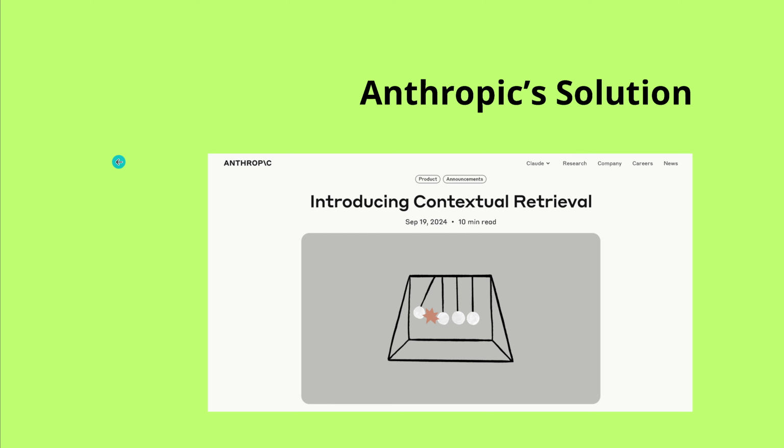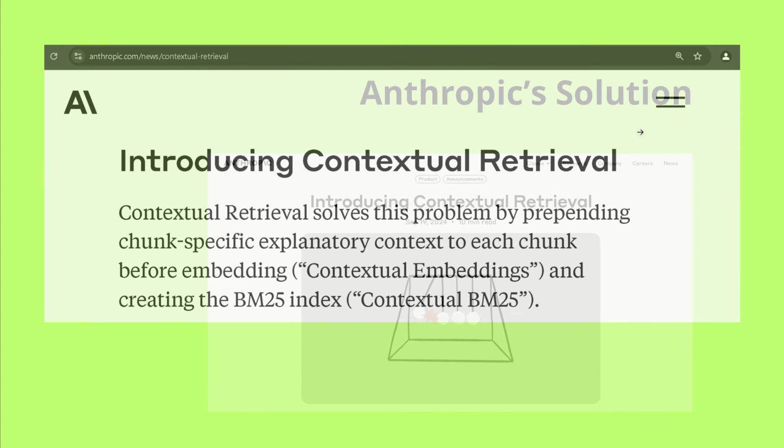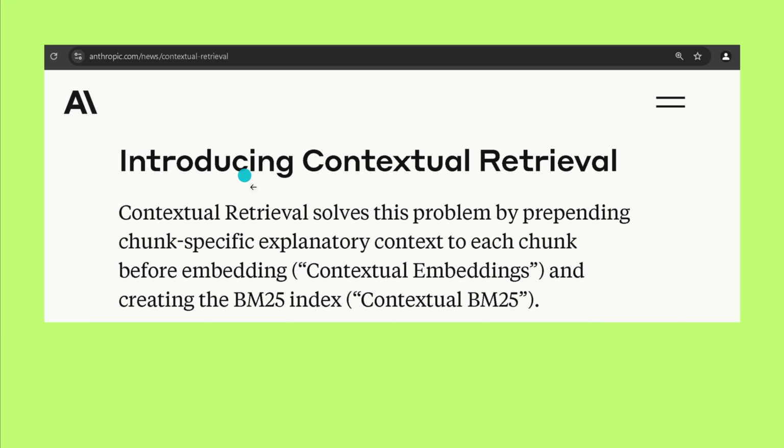So now I explained the problem to you, and in the second part of this video, we go to this beautiful solution from about two weeks ago. Let's have a look at what is happening and what is the solution. Anthropic introduced contextual retrieval, the retrieval from RAG, retrieval augmented generation. And it tells us this retrieval solves the problem by prepending chunk-specific explanatory context to each chunk before we do the vector embedding, before we build the index for our